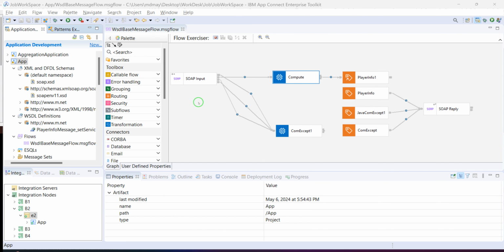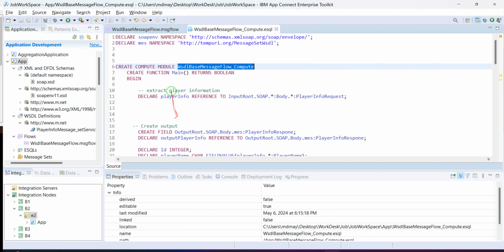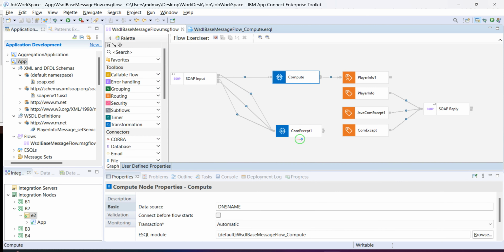I'm Mayar. This is the third video. In the first video we created a WSDL. In the second video we just wrote some code. And on this one we want to create the exception for a compute node. In another video I will create the exception in a Java compute node. But before I do that,